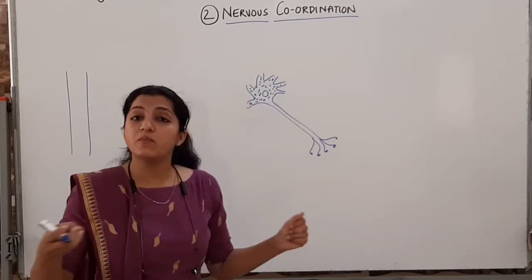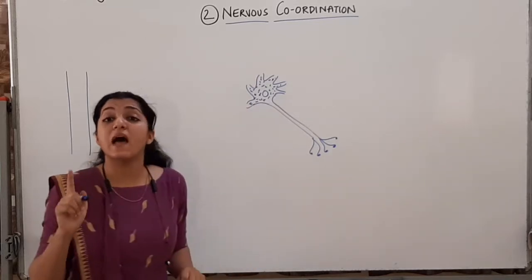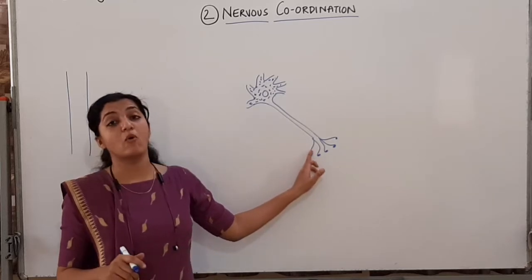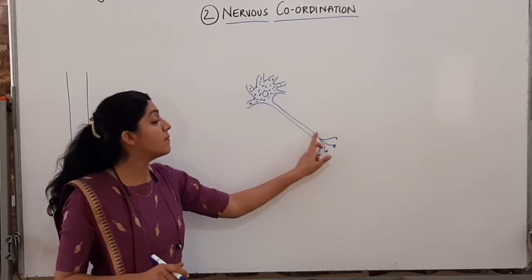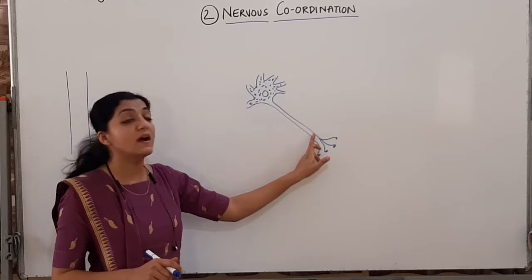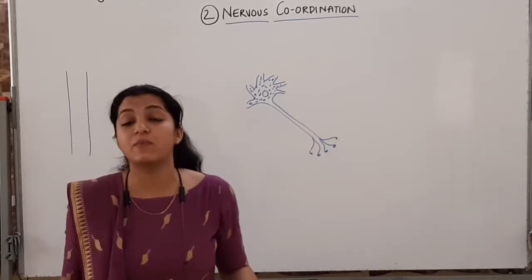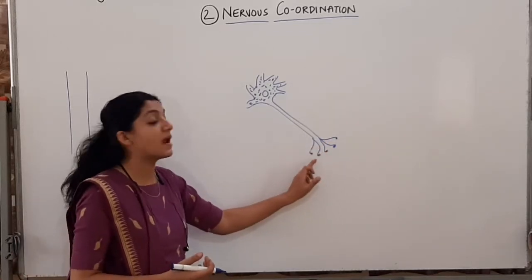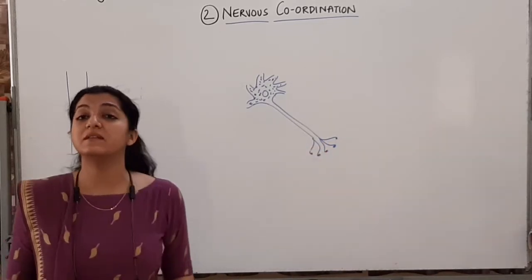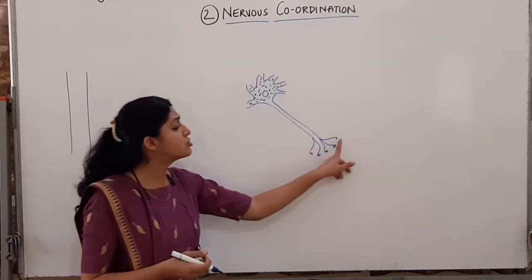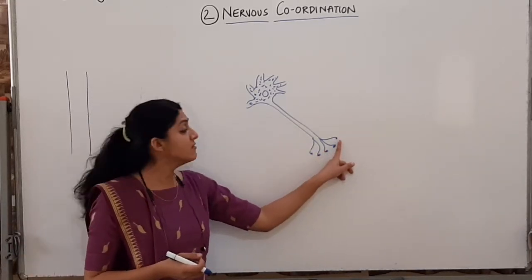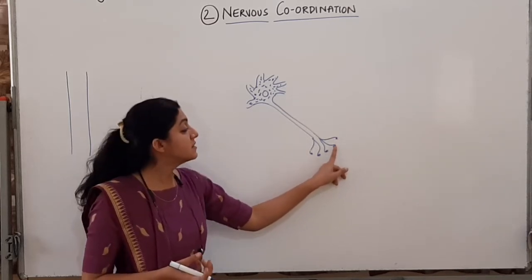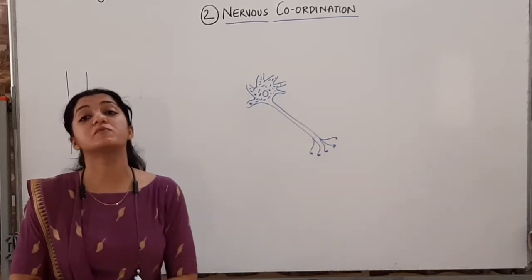Dendrites are going to be the short processes from the cell body, whereas axon is going to be a long process which is going away from the cell body. इस एक्सॉन की मेम्ब्रेन को हमने एक्सोलेमा बोला था. एक्सॉन के अंदर एक्सोप्लाज्म रहेगा जो कि साइटोप्लाज्म रहेगा इस न्यूरॉन का, and the axon will be ending in these terminal branches which are called axon terminals, and you will see a bulb like structure at the end of this axon which are called synaptic knobs or axon bulbs. All right, these structures will be called synaptic knobs or axon bulbs.